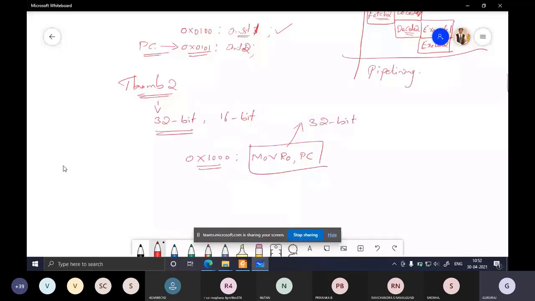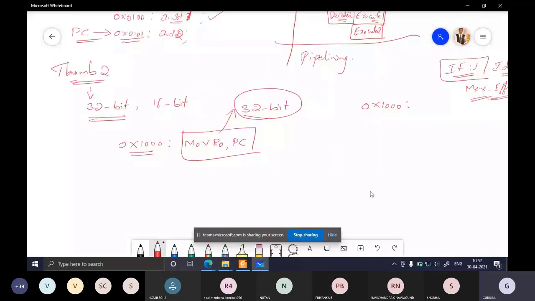In your memory, one location can hold only 8 bits. Hence, in order to store move R0, PC, which is a 32-bit instruction, you require 4 locations.